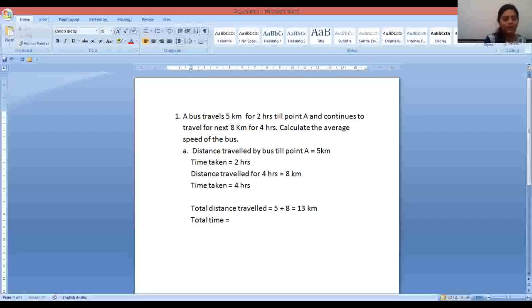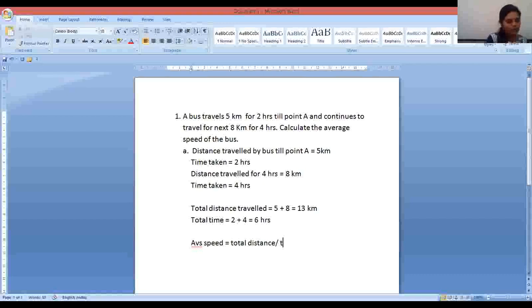Total time will be how much? It is 2 plus 4. Okay, so 2 plus 4 is equal to how much? 6 hours. Now I know the formula for average speed. So average speed is equal to total distance